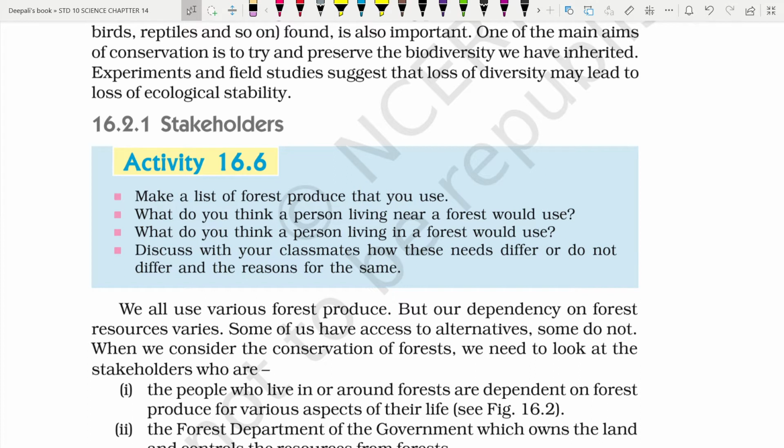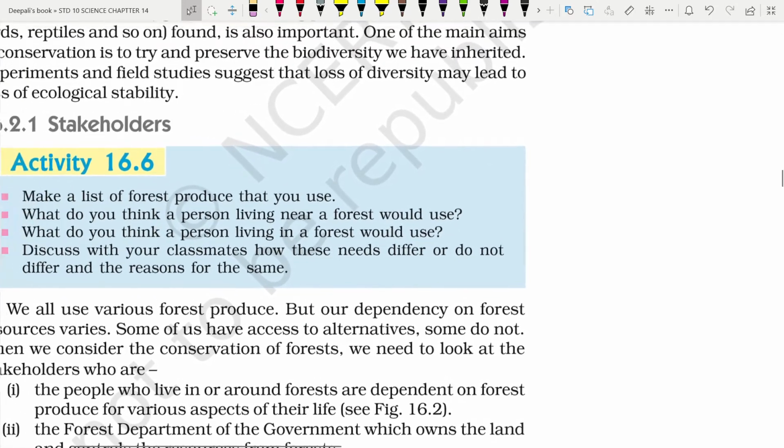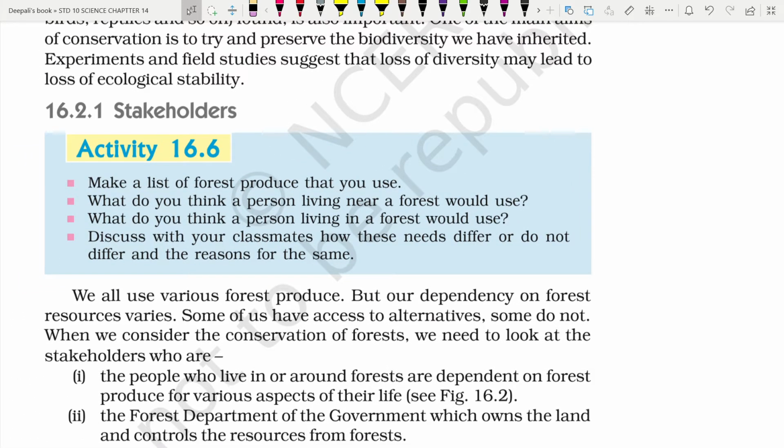So, what are the forest products which are available to us or around us, and how are we using these forest products? Then, if we try to make a list of these forest products, what are they? Wood, bamboo, fuel, timber, fruits, herbs, paper, medicines, and many other products are available from the forest. Yes, the paper in which you write or your notebooks are a product obtained from forest. So indirectly you are using a forest product. In the same way there are n number of things around you which are obtained from forest.